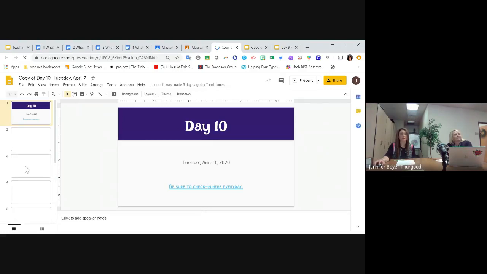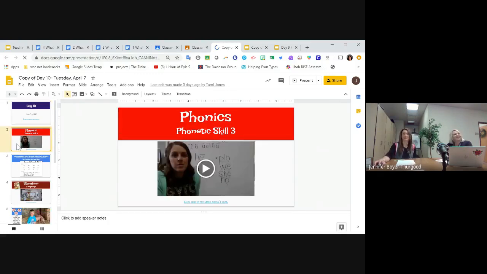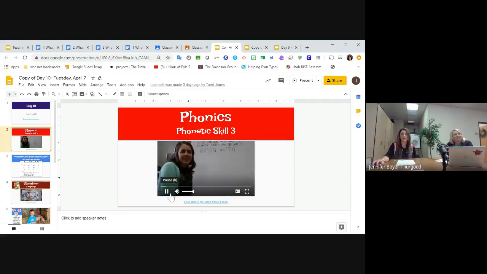Load for us. I'll let Christy even talk about this one. This just gave me goosebumps. So, we're not in the classroom, and you still need to teach some of these essential skills. And phonics is an essential skill in 1st grade. She's been doing Reading Horizons with the kids, and she wants to continue. So she's actually doing a teaching lesson in this short little video that she's created. So she's able to still teach and be a teacher. Yeah, it's pretty amazing. I don't know if this will play in a way that you can see it.